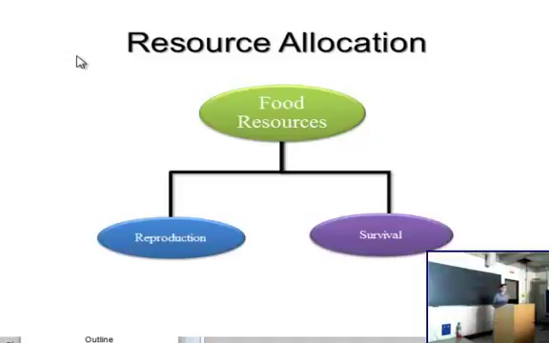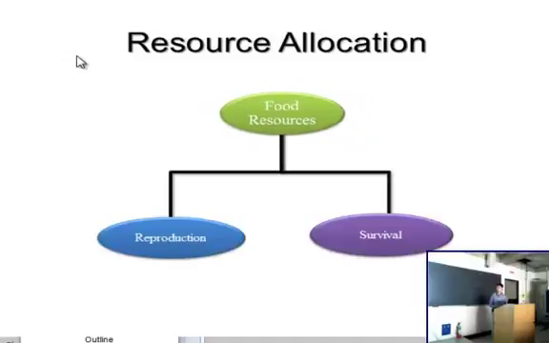Now this is a very generalized model. Of course there are going to be more physiological functions such as homeostasis and other things, but here I'm just going to, again, generalize it across reproduction and survival, which represents somatic maintenance. It's expected, and is also seen with a lot of experimental evidence, that as food resources decline in the environment or become lower quality, the probability of survival increases, and at the same time, reproductive rate declines or halts altogether.